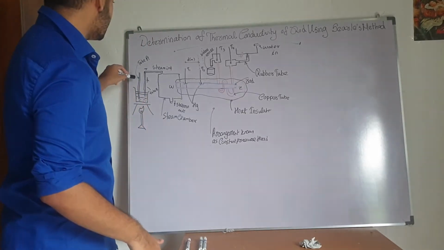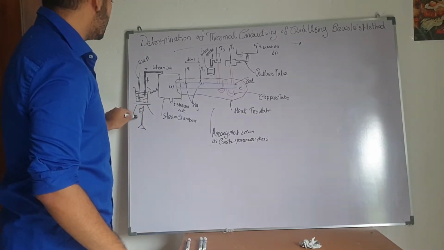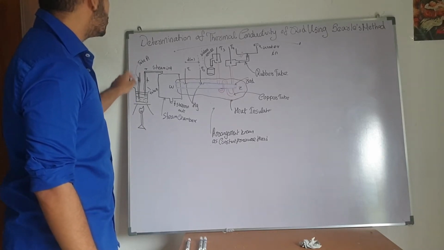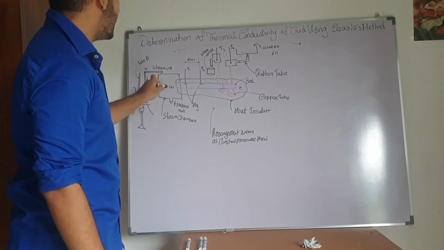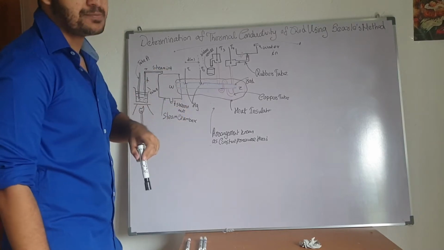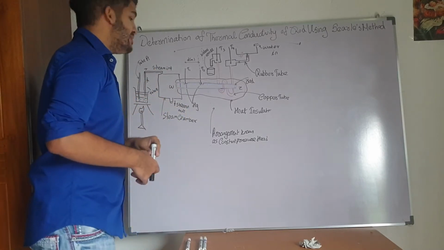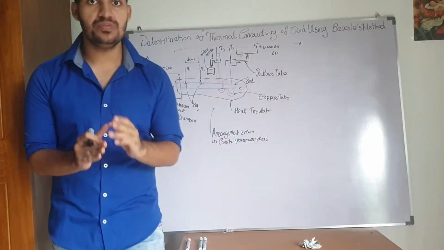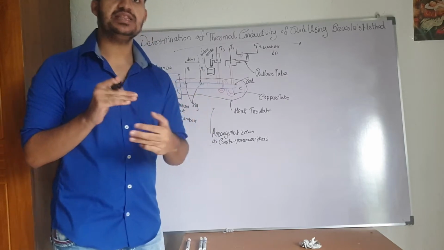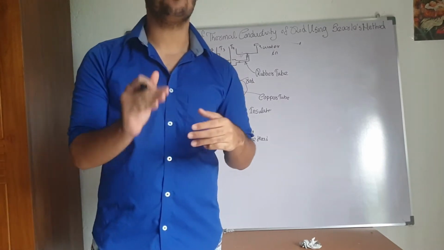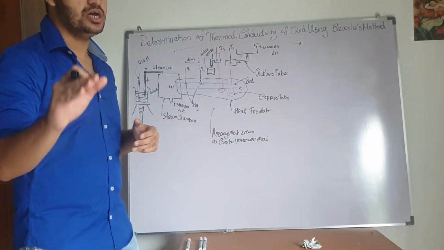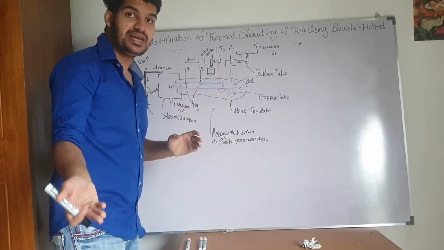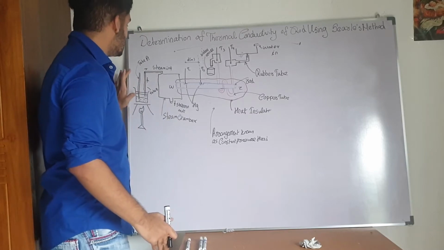This process works like this: heat is produced for this boiler, and the steam travels from this point, and this rod gets heated up. So why do we have this tube A? That is one problem you might have. The reason we have the tube A is because we can maintain the atmospheric pressure and heat the water at 100 degrees Celsius by maintaining the atmospheric pressure within the system using this tube A.